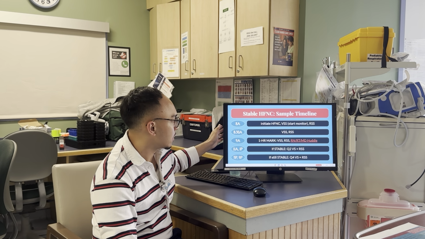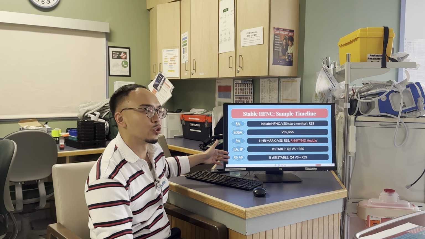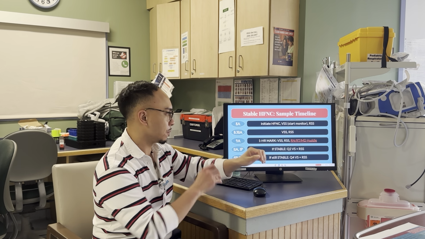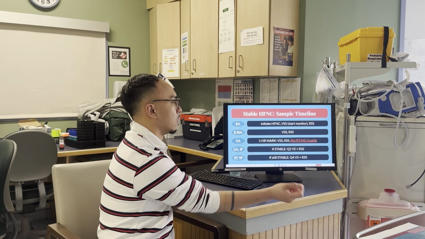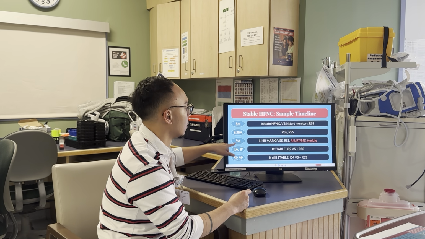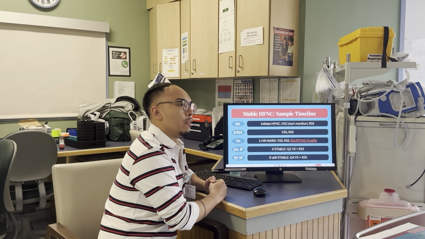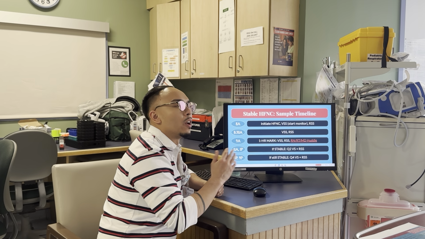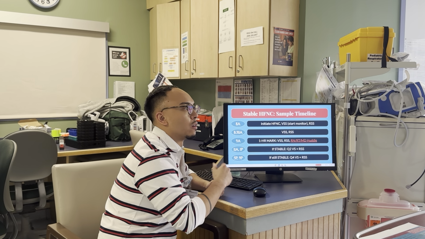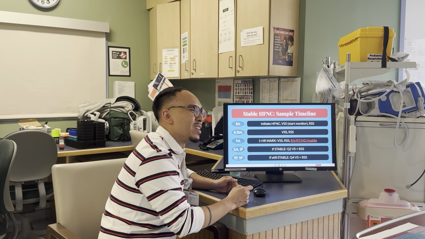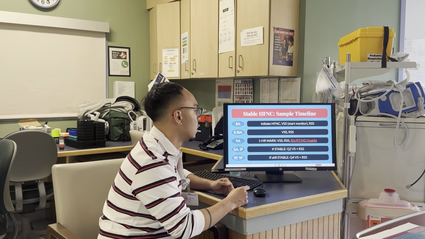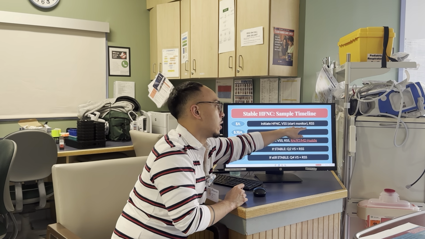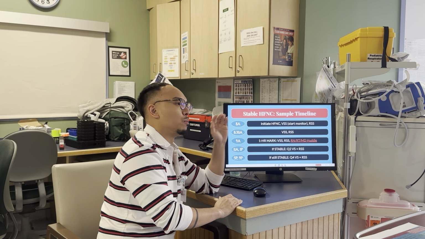What I wanted to show is an example. Basically, if this was a real shift, how would we have a timeline of a stable high flow patient? In terms of your charting, in terms of the checklist that I showed earlier. So let's say at 8 a.m. you started the high flow, all right? Based on the algorithm, you did all your suctioning, you tried already low flow, you already have a kid on IV fluid, so all of those are checked off, but now they're still looking like they need high flow. You're gonna initiate the high flow, start some vital signs, put them on the monitor, and do an RSS score, right? That RSS should be between 1 and 8,